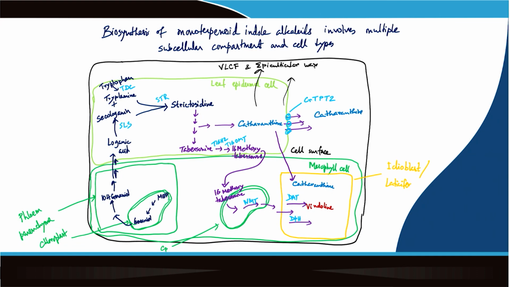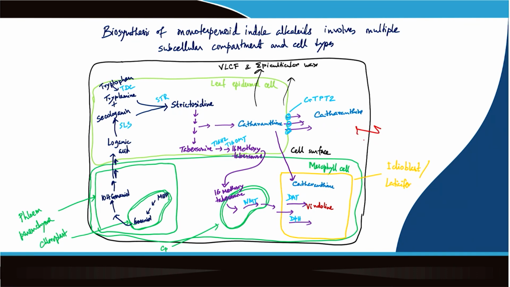So, that is one way in which catharanthine can be collected, and that catharanthine can be used for doing the joining, right. Okay. And another important point I must mention here, that sometimes wounding happens